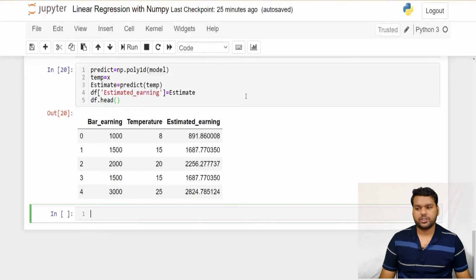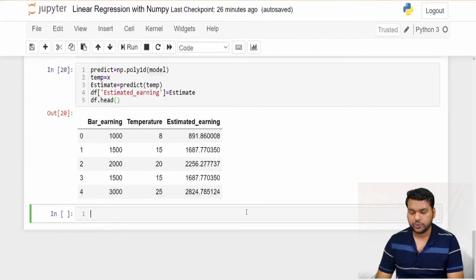So unfortunately NumPy does not have the r square value, so we need to write the code to calculate the r square. And before that, what is the r square? That is much more important to understand. So let's visualize something before calculating the coefficient of determination.